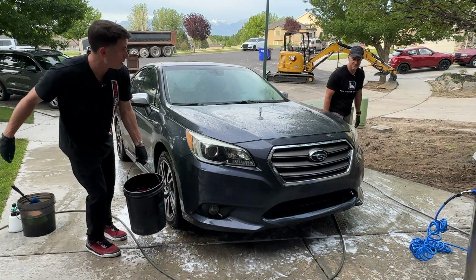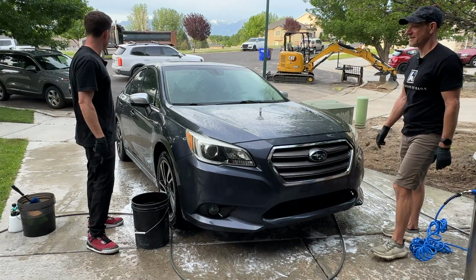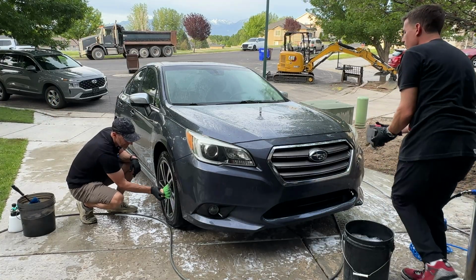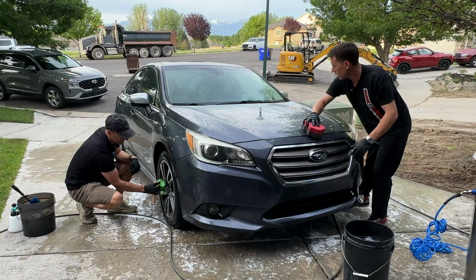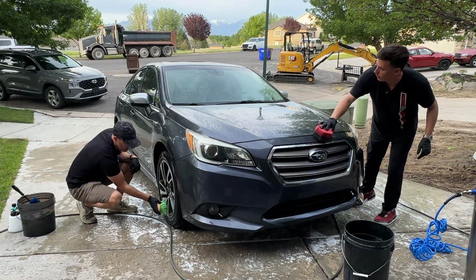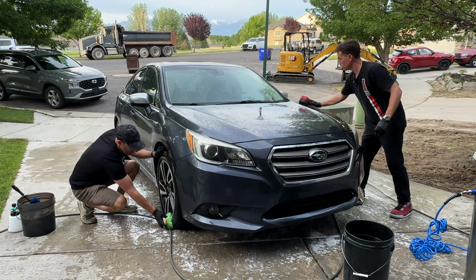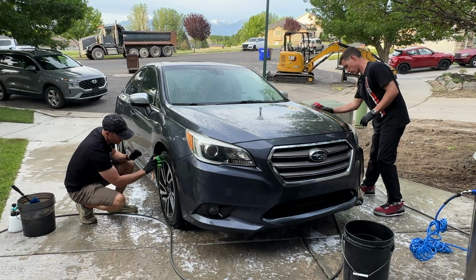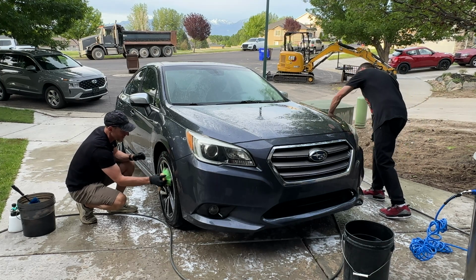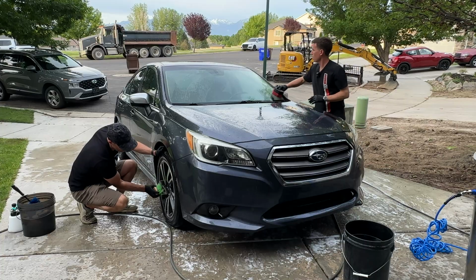I agree. Speaking of, I like the tree in your yard here, but it does shed a bit, yeah? It does shed, it does shed. So I don't have a ton of experience outside of working with Ivan doing washes with other people. So we're just trying to find our flow, right? Yeah, exactly. Everybody's a little bit different, and there's really not a wrong way to do it, I don't think, for the most part. I mean, maybe there probably is, but for the most part, you're not going to find that too often, I don't think. Some people might think it's the wrong way, but...